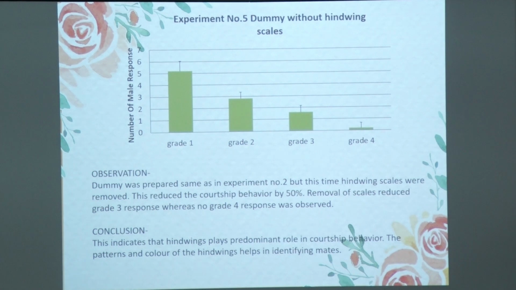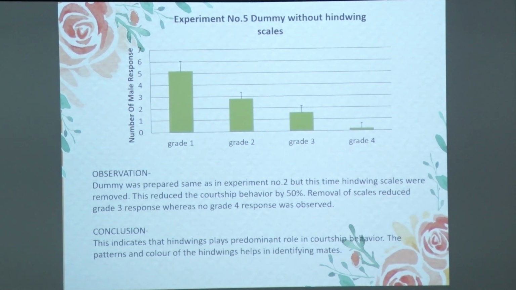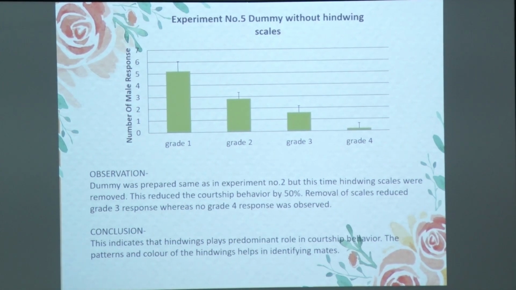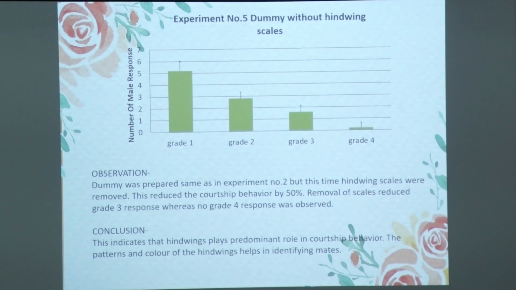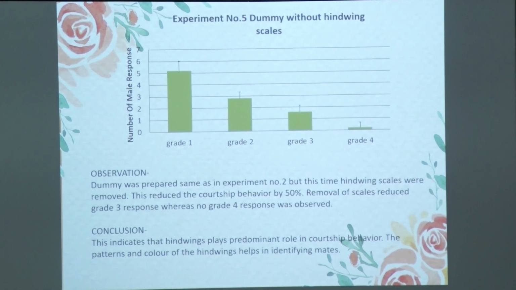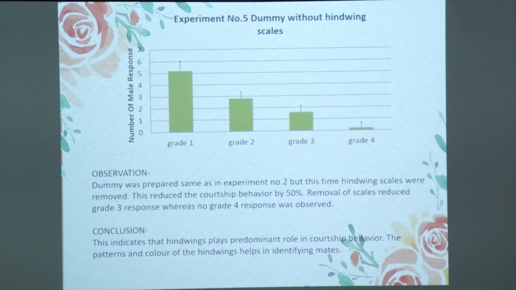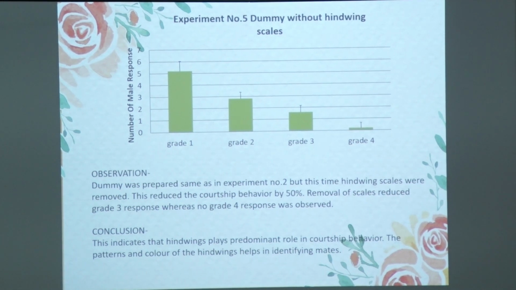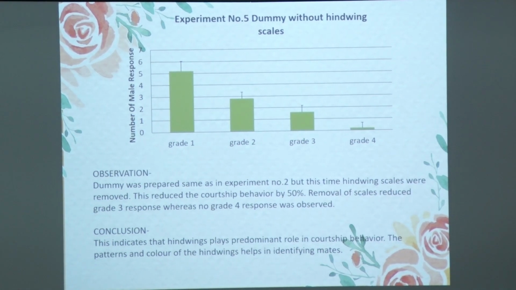But when the same experiment was performed on the hind wings, that means when we removed the scales from the hind wings, we saw a drastic reduction in grade 4 response and grade 3 response. This shows that the hind wings play a very important role in butterfly courtship behavior. All 4 wings are important, but the hind wings have some special kind of scales, and in the absence of those scales, the male cannot identify